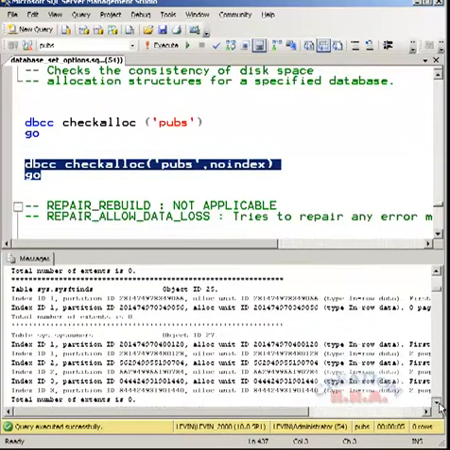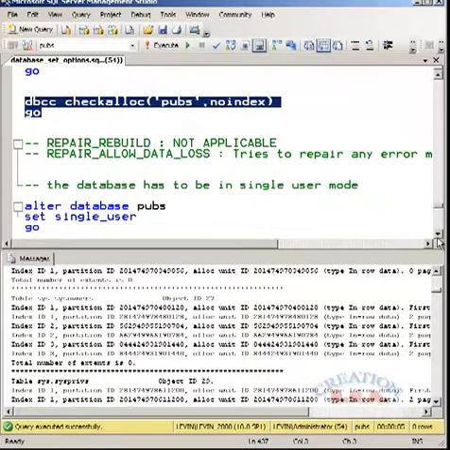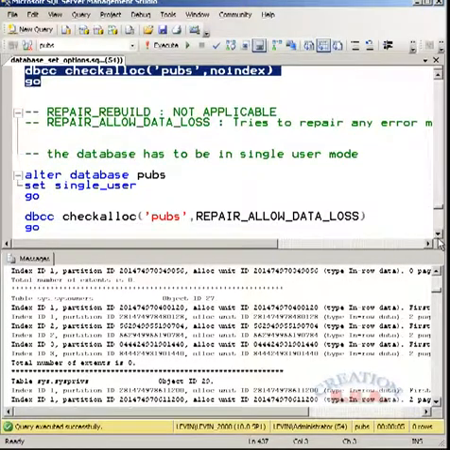Now this is technical information. If you want to find out what they are, you should always refer to the online help. Once again I am telling it to you. Okay. Now suppose I wanted to use CHECKALLOC with REPAIR_ALLOW_DATA_LOSS. I have already spoken to you about what it does in video number 1 of the DBCC command. Okay, anyway I will explain it to you.